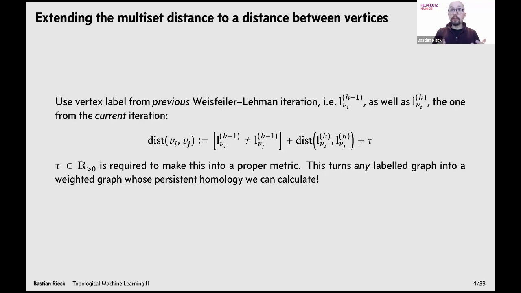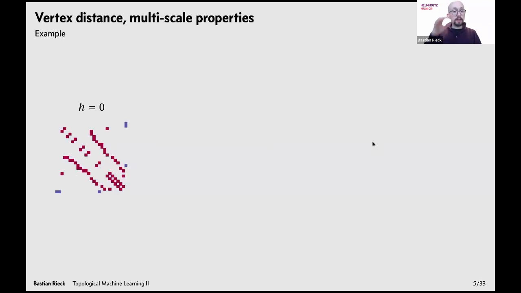And if we have a weighted graph, we of course know what to do with that, right? We can calculate its persistent homology. So this gives us a way to go from a labeled graph to persistent homology calculations. Before we take a look at how that integrates and how it meshes together, let me illustrate this multiset distance,